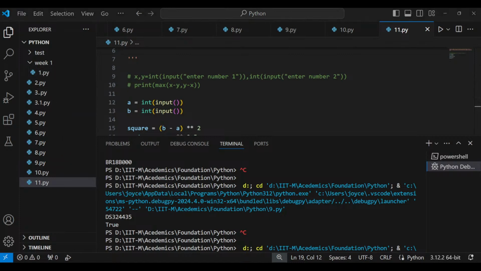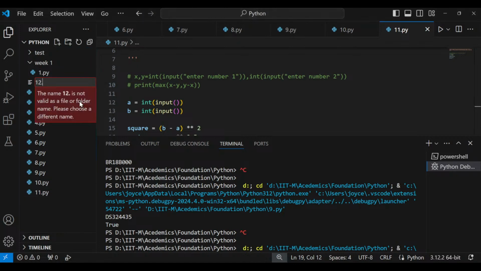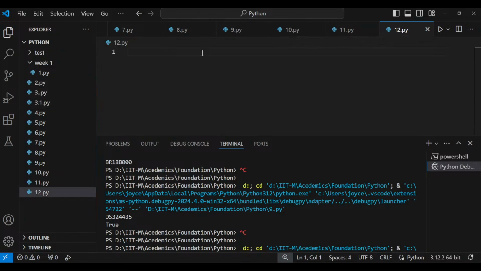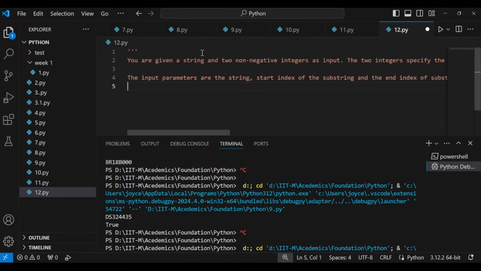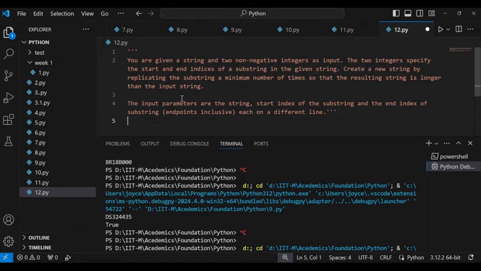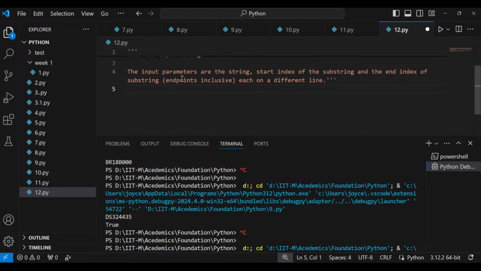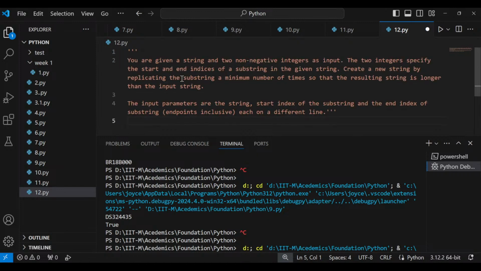Good solution. Let's go to the 12th question. So here comes the 12th question. 12.py and 1 to 3. And here you go. You're given a string and two negative numbers as input. String and two negative numbers. Two integers specify the start and end indices of the substring in the given string. Create a new string by replicating the substring a minimum number of times so that the resulting string is longer